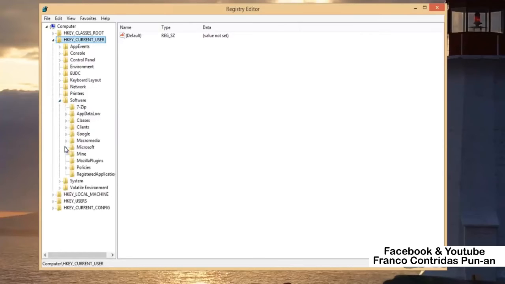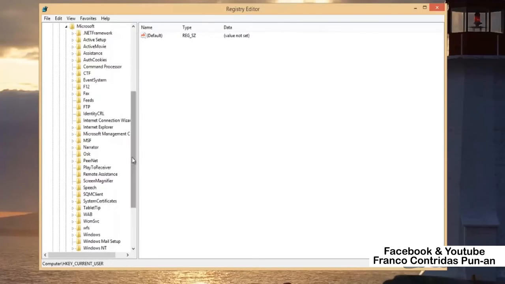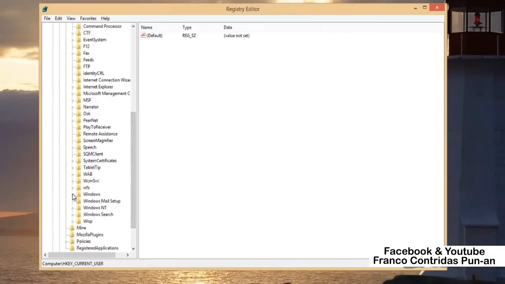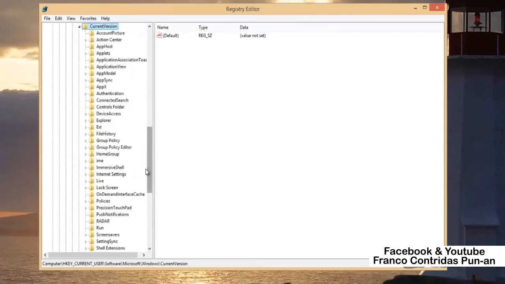Now go down to Microsoft, then Windows, then CurrentVersion, then Policies and Explorer. Inside here, we now